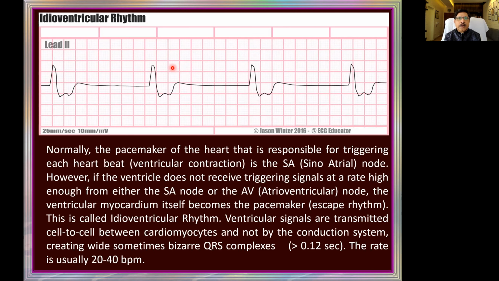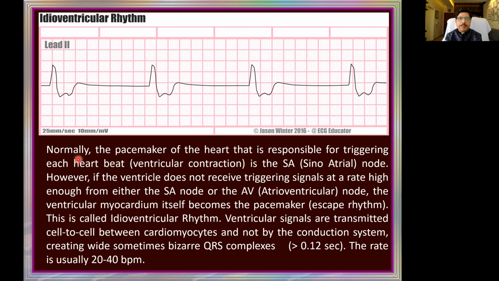And the rate is 300, 150, 100, 75, 60, 50, 43, and 37. So somewhere between 30 and 40 is the heart rate, which is idioventricular rhythm. I don't see any P wave at all in this. The P waves, if at all they are there, are buried in the QRS, and we don't see any P wave.